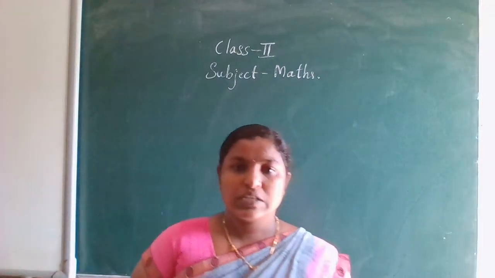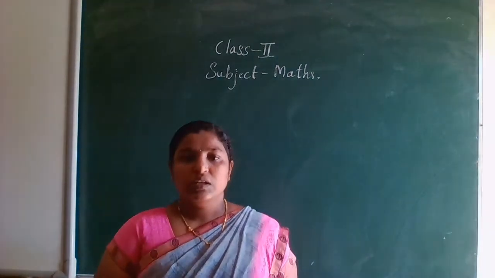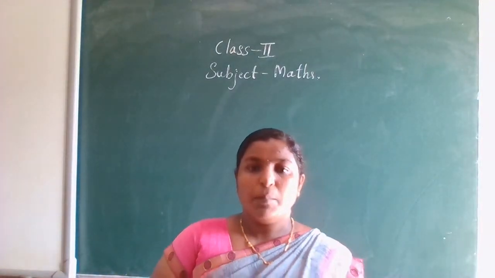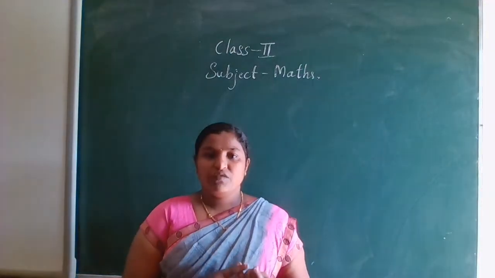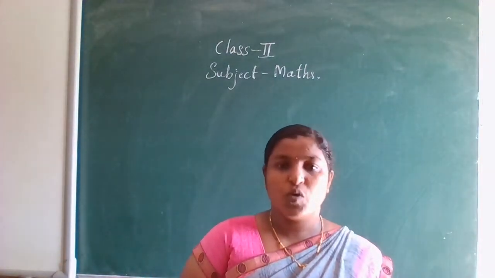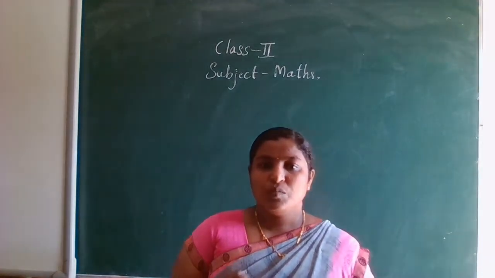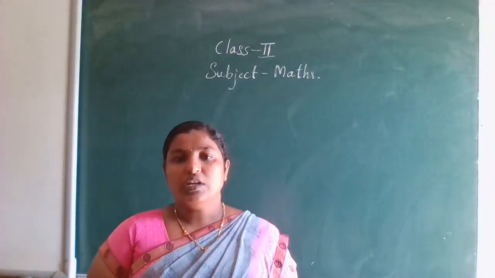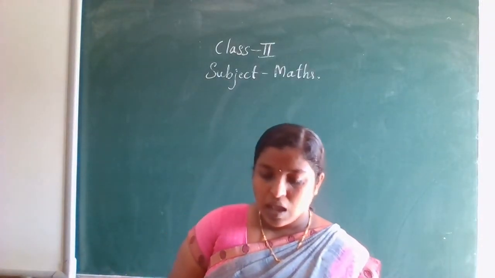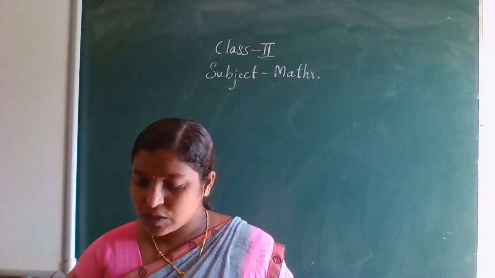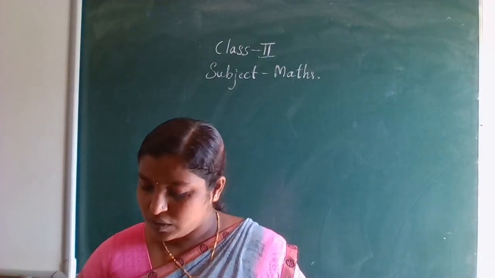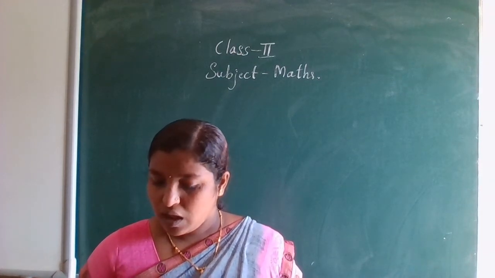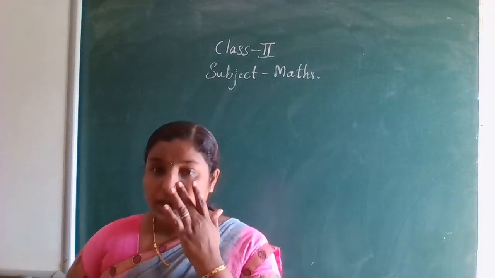Last class we discussed many things. For example, short form, expanded form, number names, identifying the greatest number and the smallest number, writing symbols that is greater than, less than and equal to sign, representing the numbers on abacus, and we solved the exercise also, page number 169, 70, 71 and 72, 73.